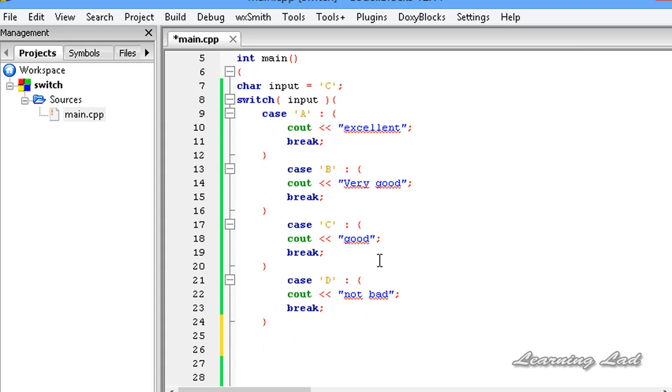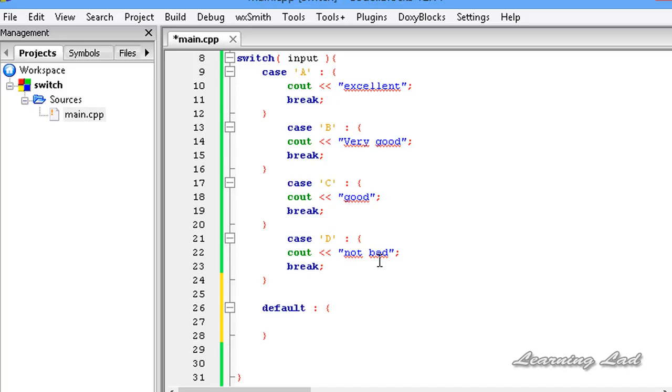At that time the default block will be executed. To write a default block we need to write the keyword default and then the colon. These curly braces are optional, but I'm gonna write them because it allows me to organize the code properly. And we're gonna say